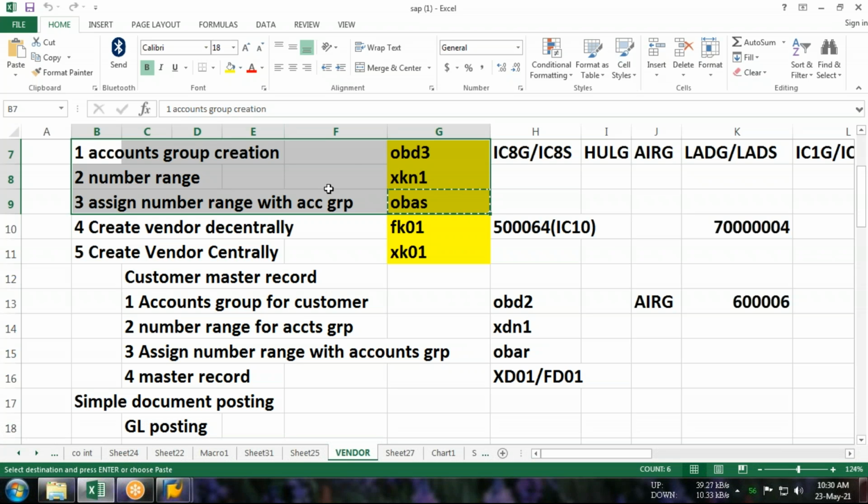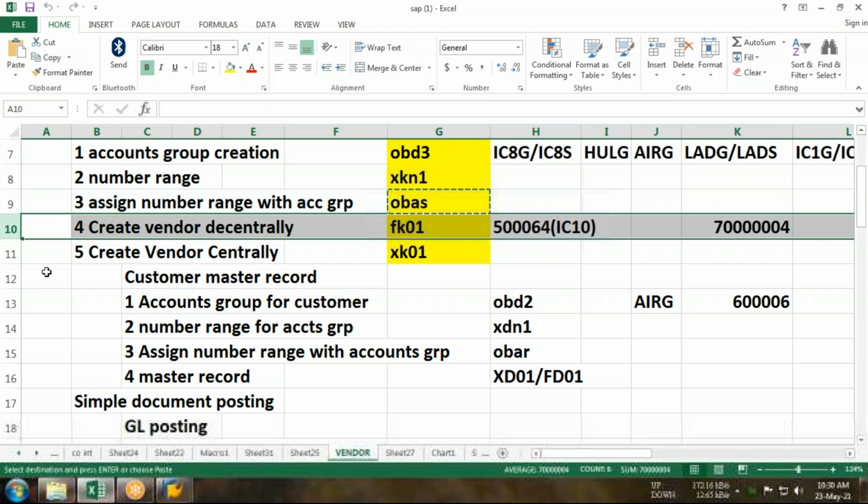So guys, in this configuration, we have done these 3 steps. Now, in today's class, we are going to create the vendor decentrally. Central creation is not possible today because to create a vendor centrally, we need to maintain many records like plant, storage location, purchasing organization. So that will be our next class task.